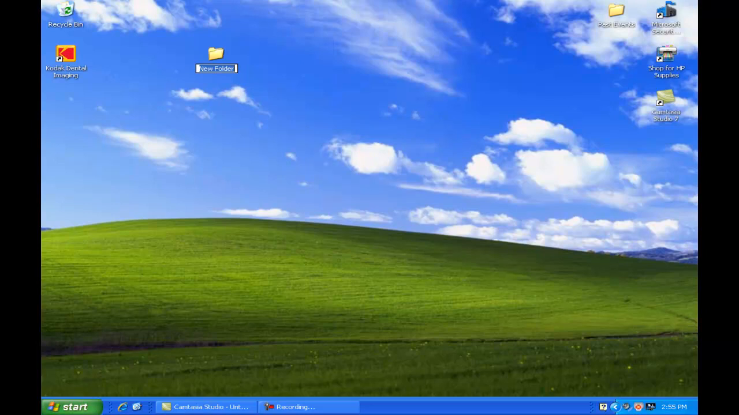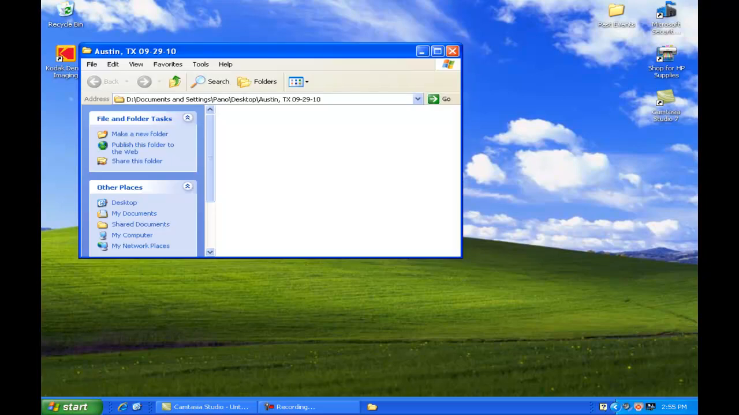In this case, it's always going to be your event site, so we're just going to use Austin, Texas. And then you put today's date, starting with the month, dash, the day, dash, and year. And simple as that. And what I like to have my Pano assistants do, or what I tell them when I'm training, is open this folder